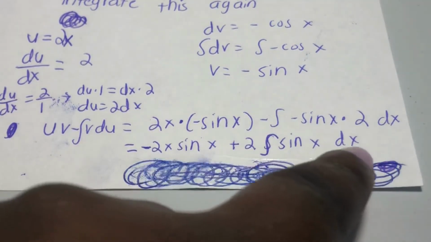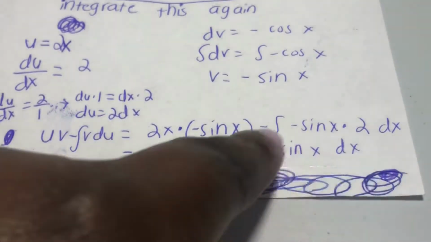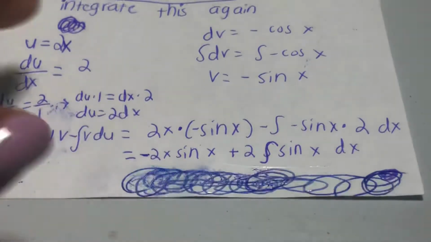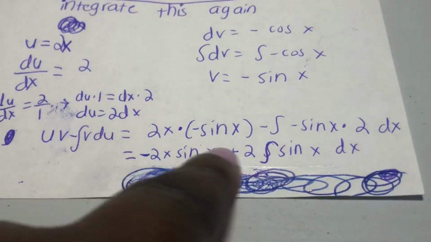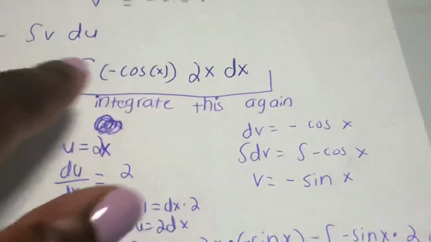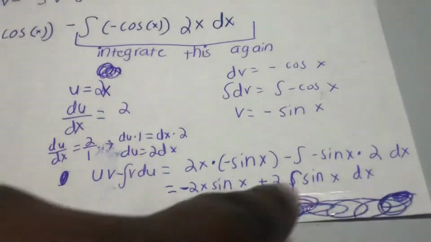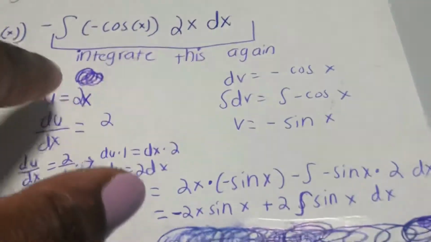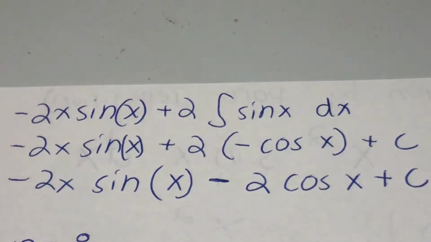This right here, you can integrate and get a single answer. It's not going to be an answer that has two functions that are multiplied. This, you can get a single answer. And all of this right here just pertains to this part of this function. Just pertains to this part. So this right here pertains to this part. Okay, so if we focus on the integral that I was talking about a couple seconds ago,